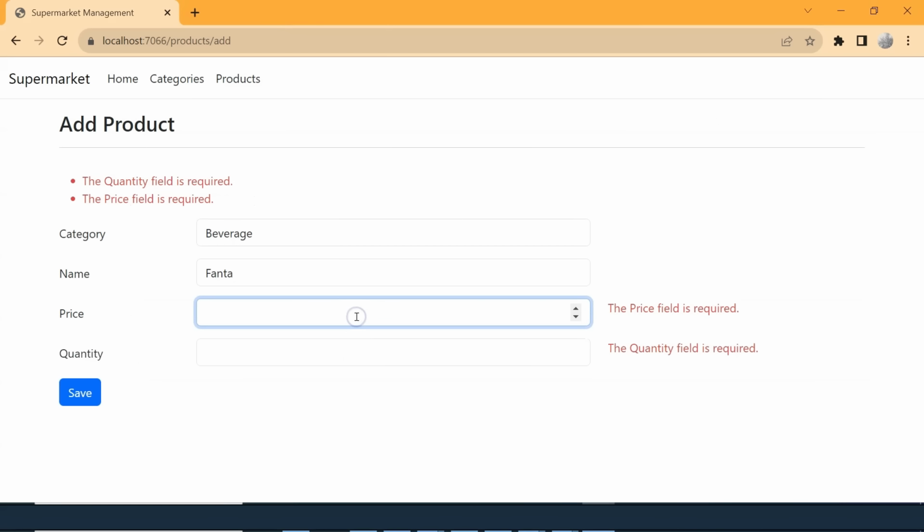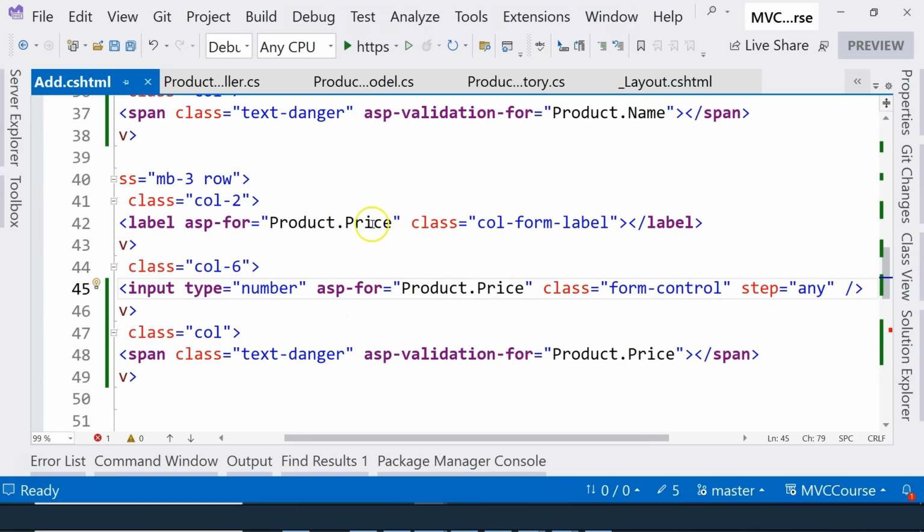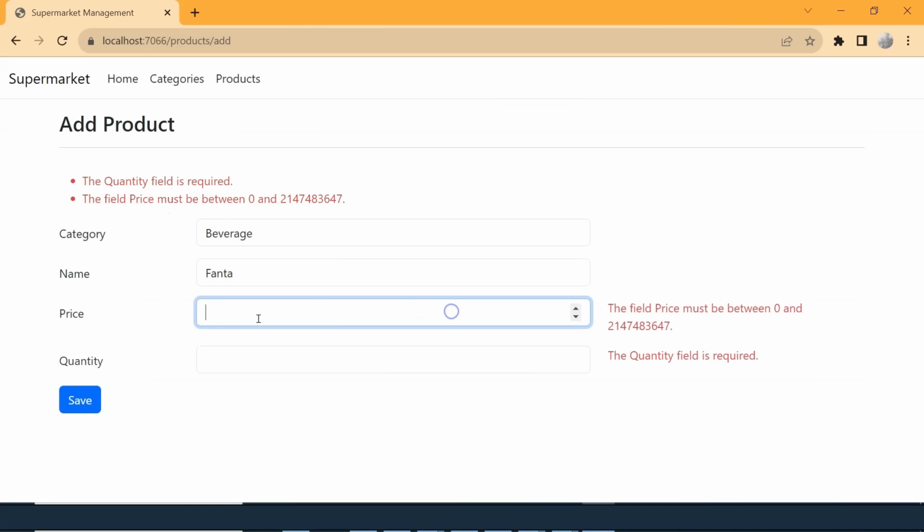And let's try again. So if I enter a negative number and click on the save, you can see that our range validation has kicked in. It says the field price must be between 0 and whatever. And that is defined in our product model right here. So let's set a proper price and